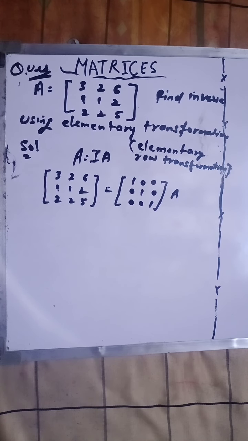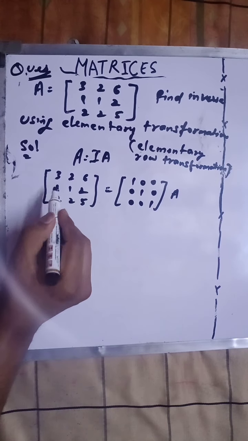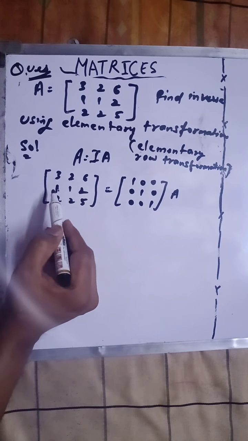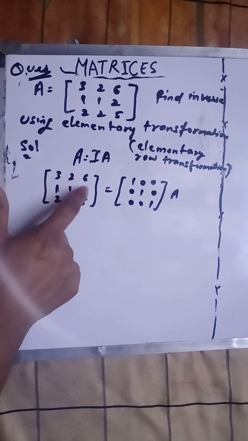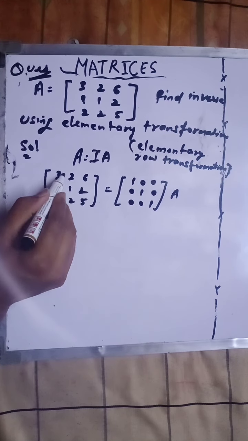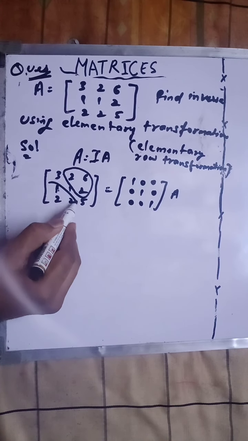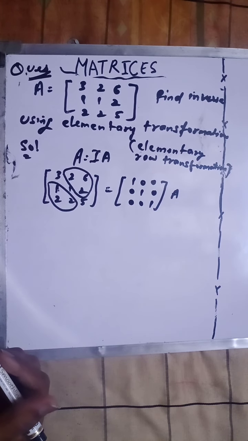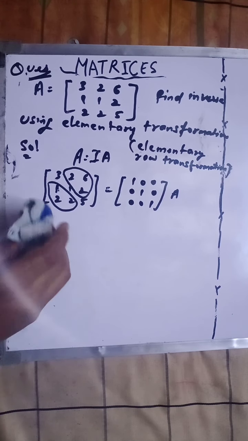Now first thing which you have to remember in this, that is upper and lower triangle. That means 2 6 2 and 1 2 2, you have to make 0. So all these three elements of upper triangle and these three elements of lower triangle must be 0 if you want to convert this into identity matrix. Got it?